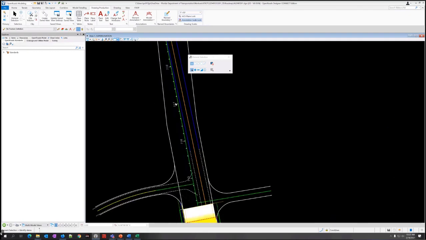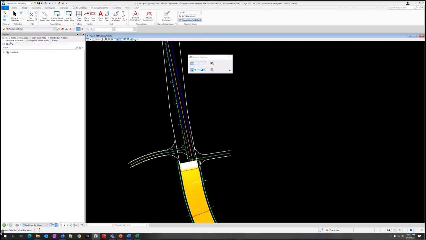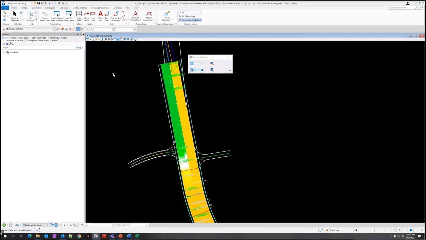So here's station 717. I need to go at least there to make sure I get in transition. I think it might be better to go to like 718, just to be on the safe side. So I'm going to grab this manipulator here on the end, which is changing my end station. So I'll go way out here somewhere. And you can see it automatically redid the calculations too, or it already had them stored to extend that out.